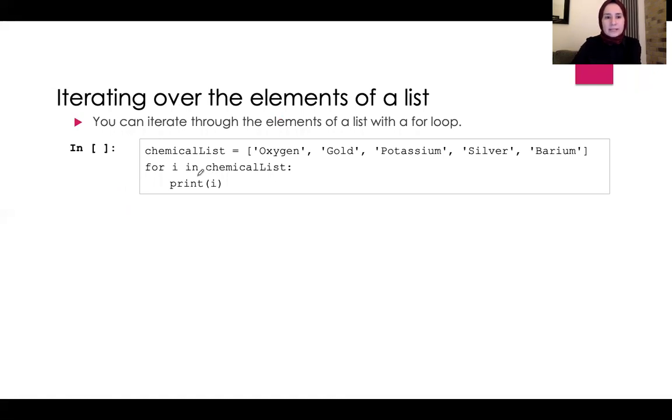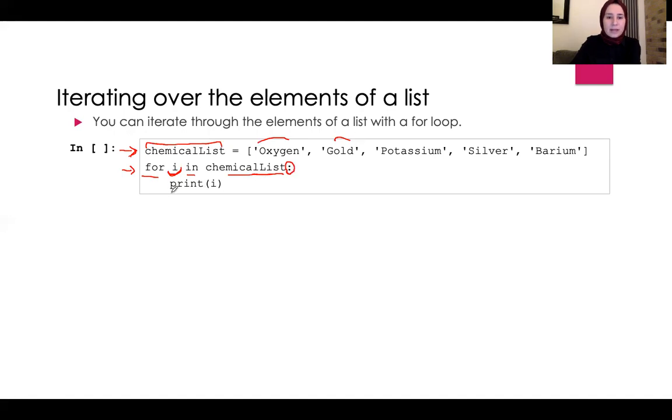So in Python, it is possible that you can iterate through the elements of a list with a for loop. And let's look at this example to understand this. We have given a list here, which is chemical list, and its elements are different strings, right? The different elements, the oxygen, the gold, some precious metals, right? So to be able to iterate through the elements, we have to set a for loop. For i, as you know that this is a variable, it can be anything, then in chemical list. So the name of your list here, and at the end you have to put the